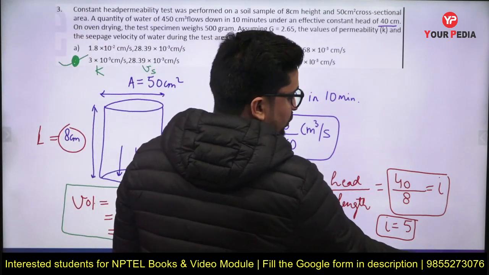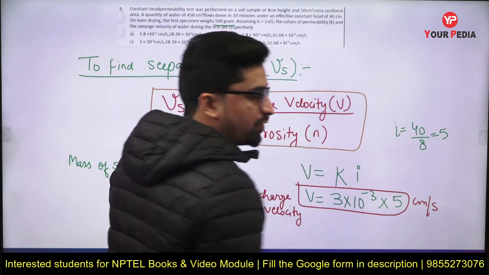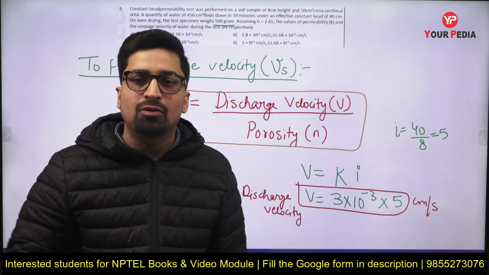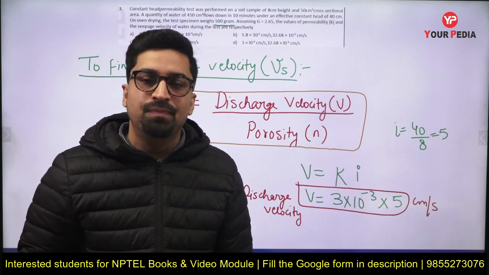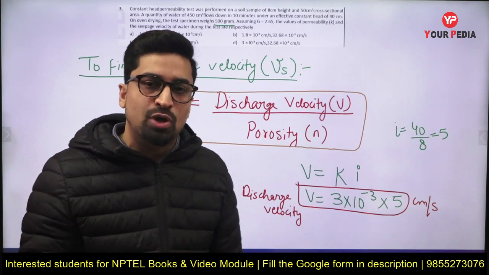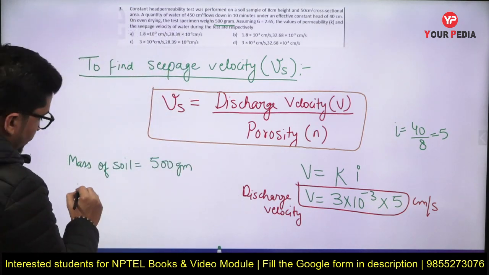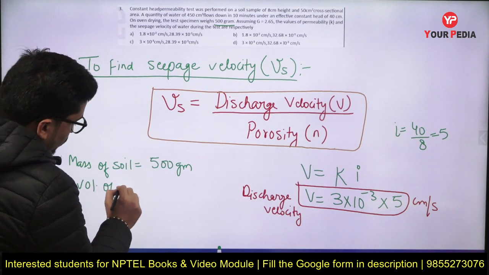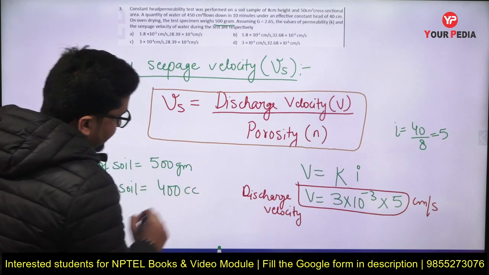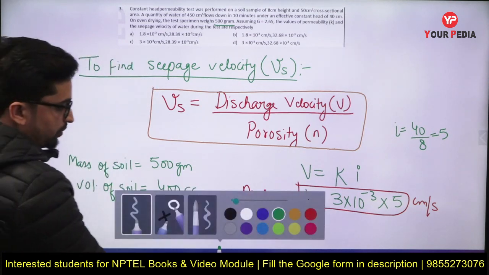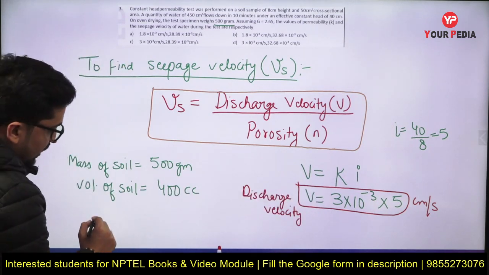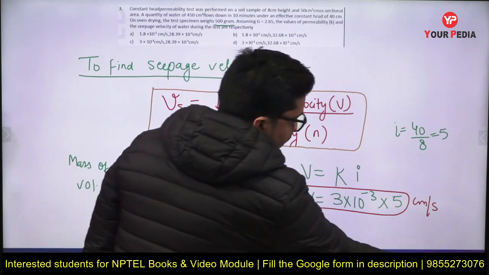So now we know the volume of the soil sample along with the dry mass of the soil sample. We can easily calculate the dry density of the soil sample, which will be equal to the mass of the soil sample divided by the volume of the soil sample, which is 400 cc, centimeter cube. So now from this we can easily calculate the value of gamma d. Let us calculate it on the next page.